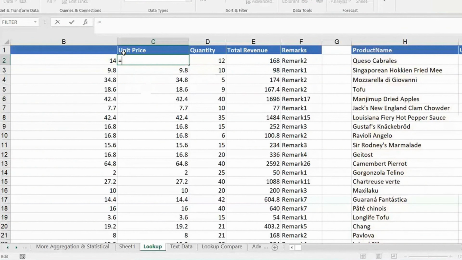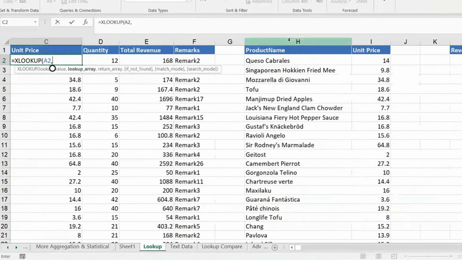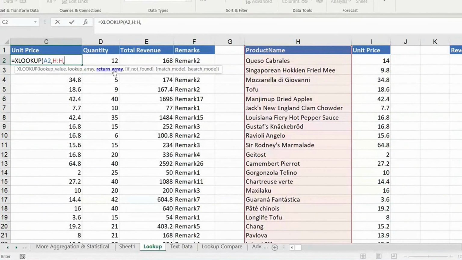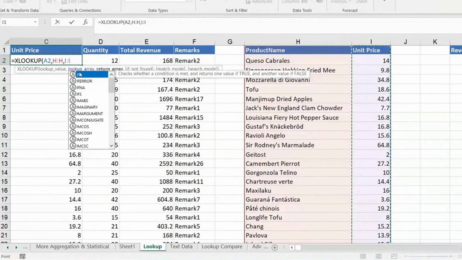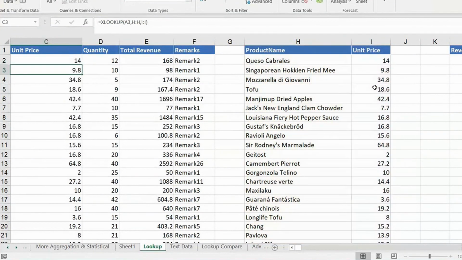I think before XLOOKUP, we saw MATCH as well, correct? So I'll just come back to that, XLOOKUP. So XLOOKUP, the lookup value is this, and we saw the lookup array is where you want to search, comma, and then the return array, that is what it needs. The return array is an array from where you are bringing the information. So simple. What to search we give, and where to search from, where we have to bring. That's it. So the moment I close the bracket, I am getting my information.